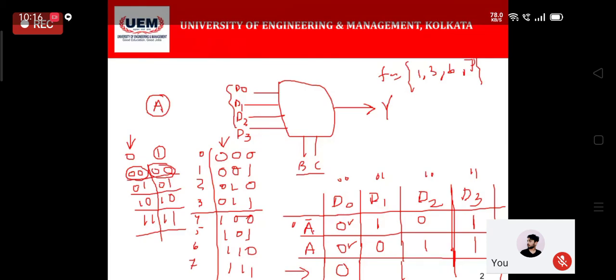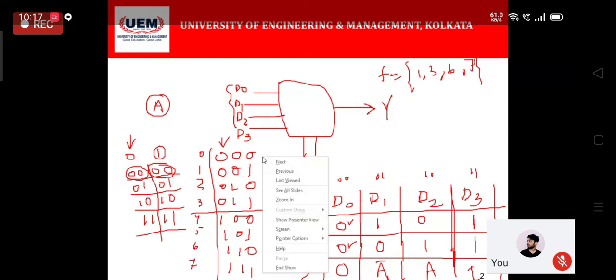But for the next case, I can see that A bar has a value of 1, whereas A has a value of 0. So the value which is provided with 1, I'll simply write that, so that A bar becomes our case. There I write down, because it was associated with 1, A bar. Then for the next part, I can see that A is associated with 1. Now A bar is associated with 0. So I write down A. And the last part is 1 and 1. When both of them are 1, then I simply write down 1. So these are the 4 values that will be provided in our multiplexer.